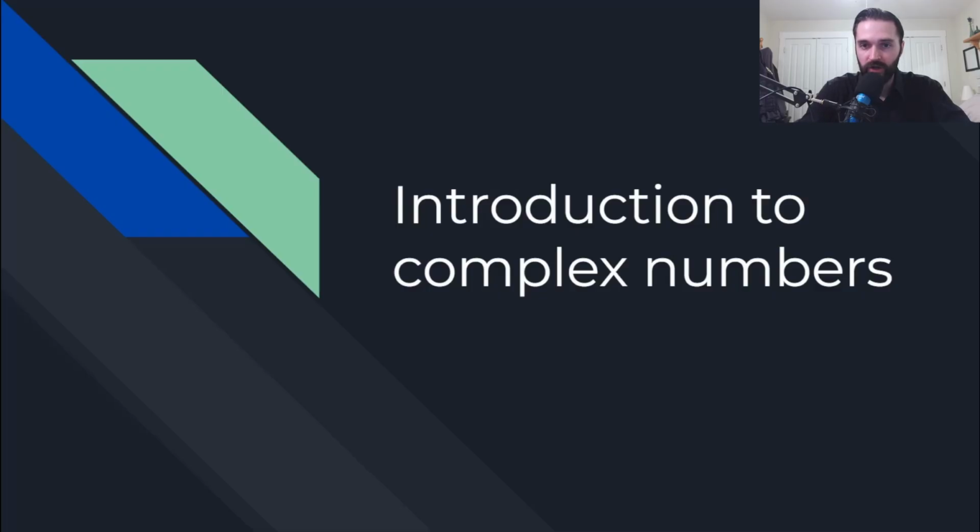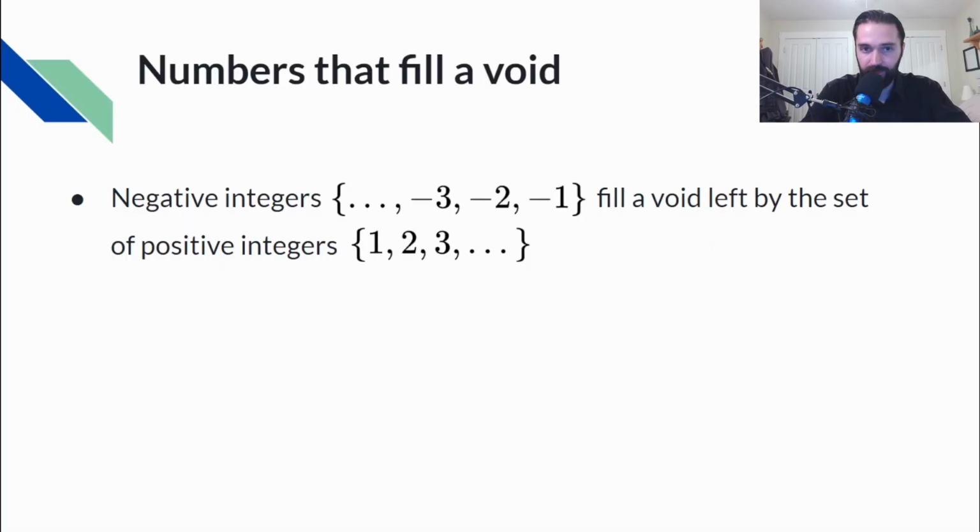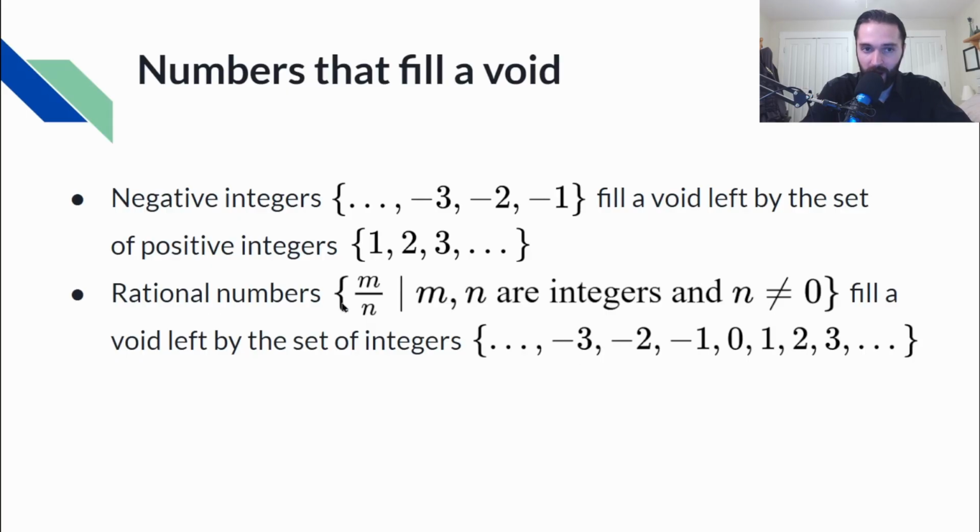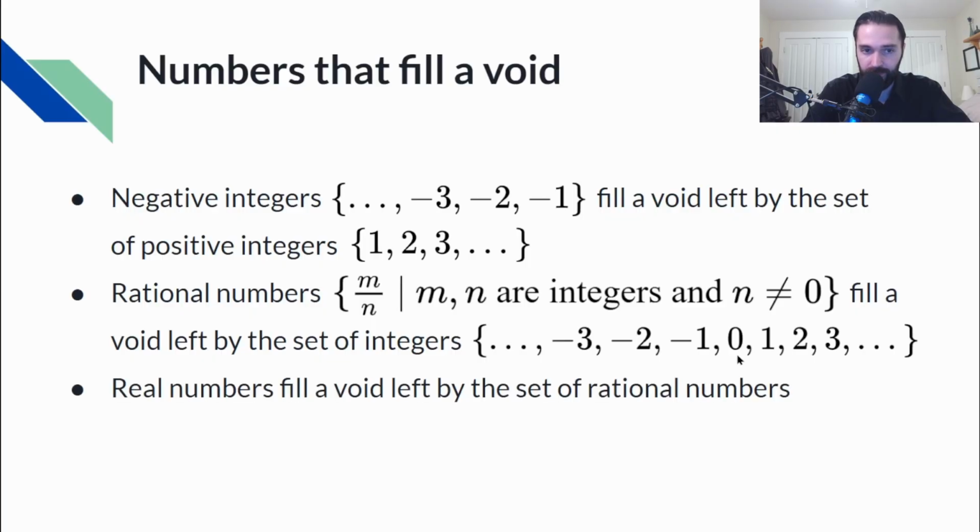Okay, here we go. Introduction to complex numbers. Let's talk about some subsets of the real numbers first: numbers that fill a void. Negative integers fill a void left by the set of positive integers. For a long time, people didn't think that negative numbers existed, but we need them in math. Also, rational numbers, which are fractions, fill a void left by the set of integers. Real numbers fill a void left by the set of rational numbers,